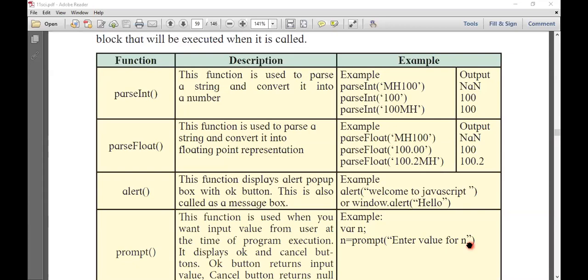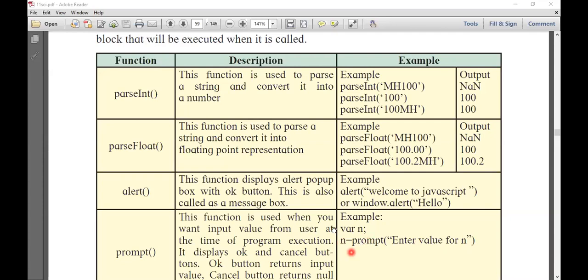This dialog box always comes with a text box and an OK button. When the user enters a value in the text box and presses the OK button, the value entered in the text box will be assigned to the variable n.